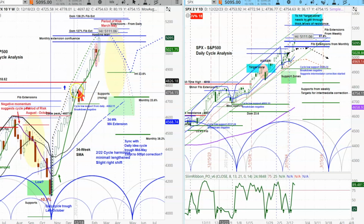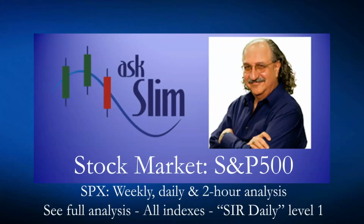So that's the 2-hour cycle analysis, which is a breakdown and lives inside of this daily analysis, and this daily analysis lives inside of the weekly analysis, and that is a picture of what multiple time frame analysis looks like. Market still in great shape. It has not changed. And again, I'm going to repeat, no matter if I say that there's a peaking due or not, we look for the indications that it's actually happening. In the meantime,